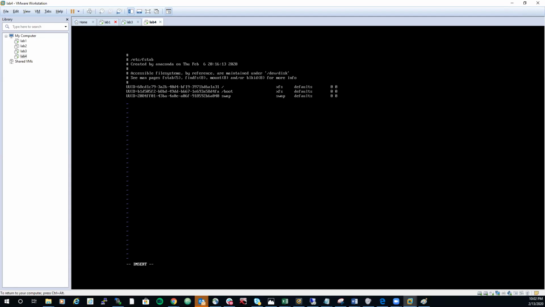Once you go to the bottom of the file, our line is going to say /dev/mapper/vg1-home. So this is our logical volume, which is home. So it's /dev/mapper/vg1-home, followed by the directory that we want mounted. So the directory that we want mounted is /home,